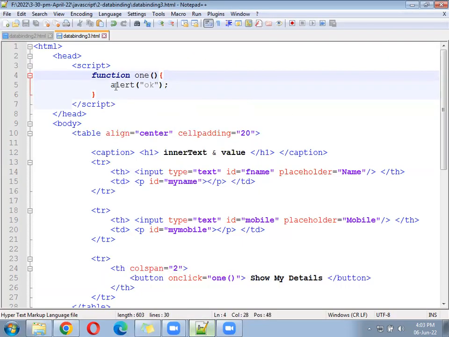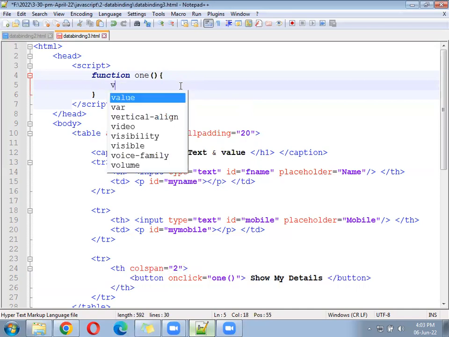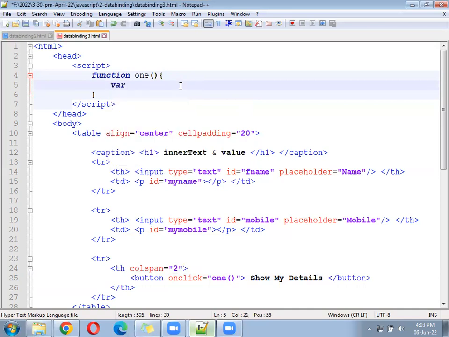Next, after that, let's take the value of first text box. So what is the ID of first text box? Fname. We'll create a variable called name, and we can write here document dot getElementById. Which ID? Fname. We have to take the value from fname,